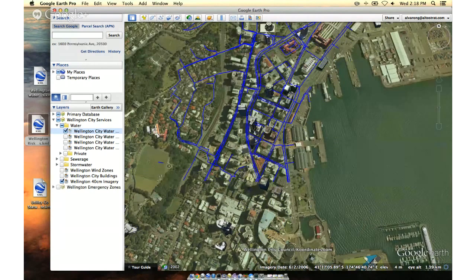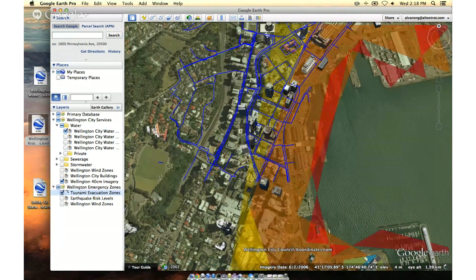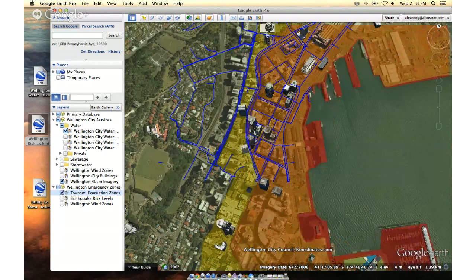Apart from that, we can think of adding new data sets that might be available that have been published by external sources that help remediate any emergency situations. In this case, we've got tsunami evacuation zones and where they are in relation to the existing network elements. Apart from that, we can have other data sets